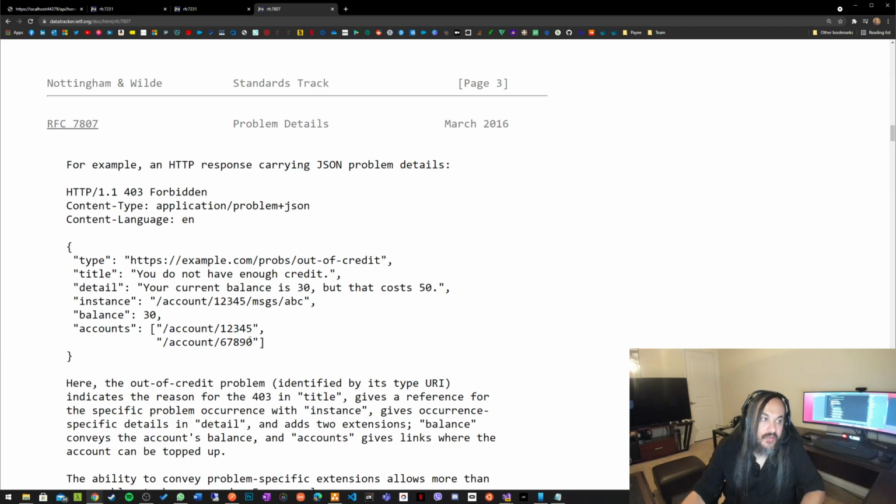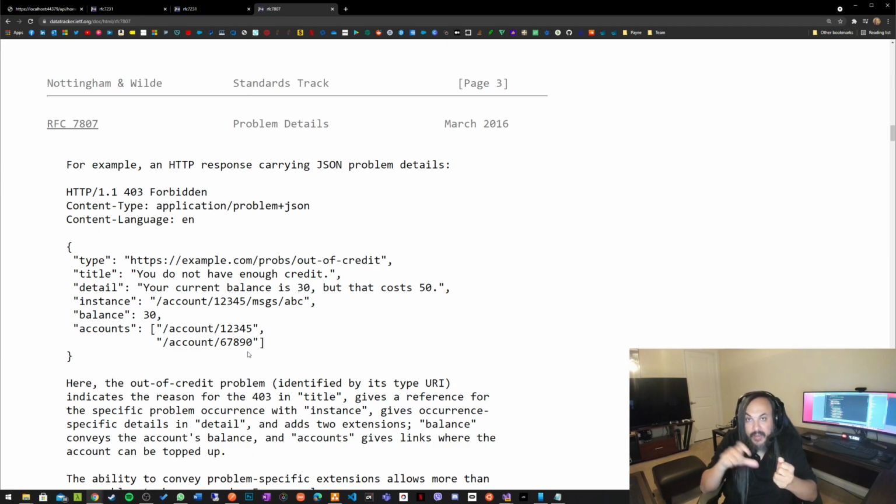Okay, so you have this problem detail, and that's the standardized way that you're supposed to be communicating through an API. Now, we're throwing exceptions. We have three problems now. We're throwing exceptions per attribute, per model, which is really terrible. We're supposed to be collecting all the problems and then sending them over. That's one. And then the second problem that we have is that we need a way that can catch an